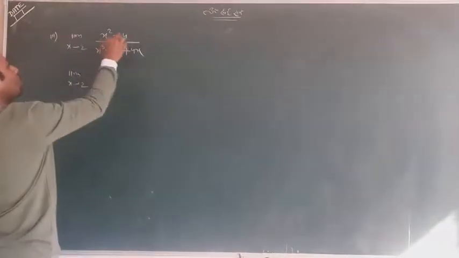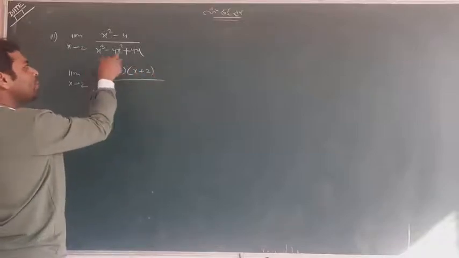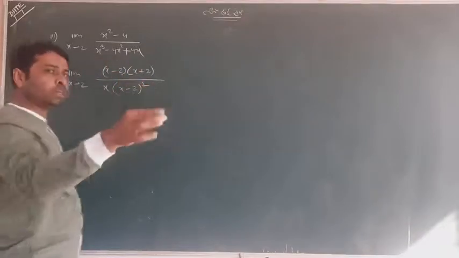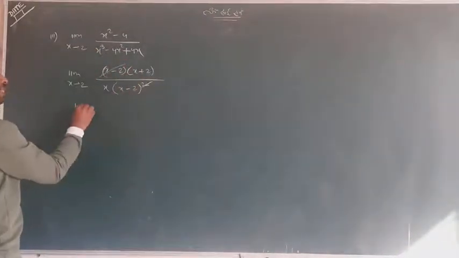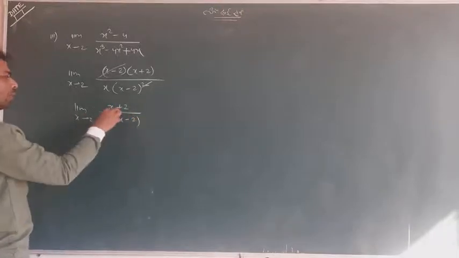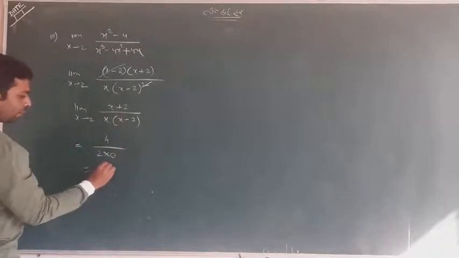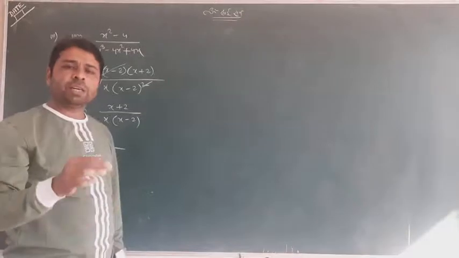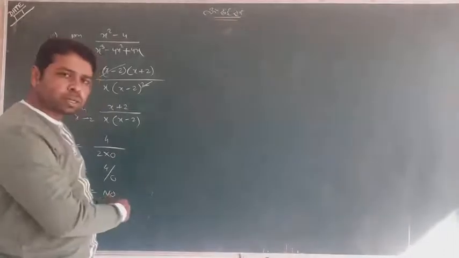So look at this: x square minus 4 will be x minus 2 and x plus 2, as you know. And in the denominator, after taking x common, it is x square minus 4x plus 4. I wrote x minus 2 whole square, very similar to the last question. When you write like that, the factors cancel. Again, it is an unfortunate question. Why? Because after using the limit, 2 plus 2 is 4, then 2, but 2 minus 2 is 0, and 2 into 0 is 0, again not defined. Even after simplifying my question, I didn't get my answer, so I am helpless.